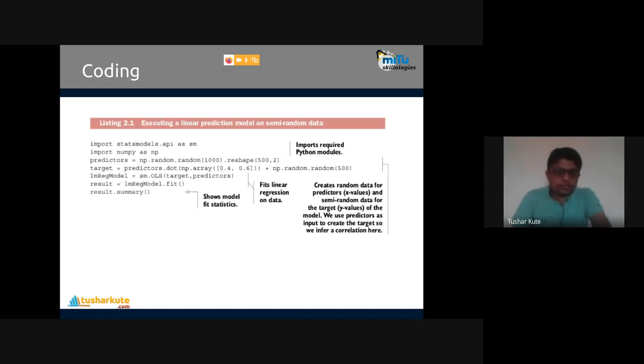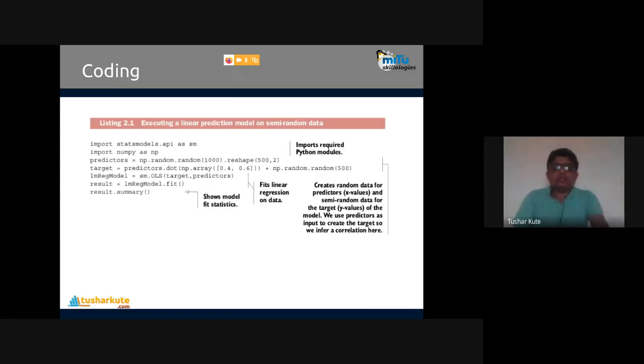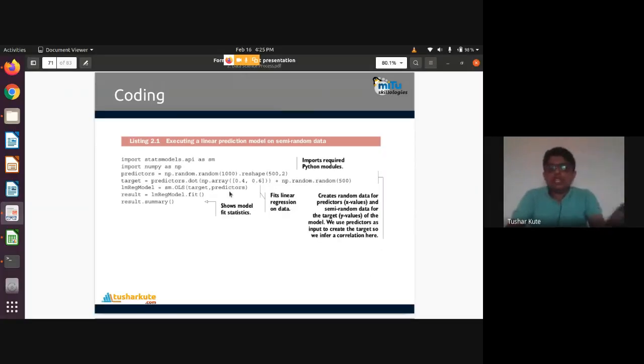Now see the coding. That's what is done in Python here. I'll show the coding also. It's not that difficult to understand and use. A linear prediction model is created on some random data generated, which we can see is available here. And after that we evaluate it. Wait a minute, I'll show how this technique is done. A simple example, I'll just show you how to work with that.